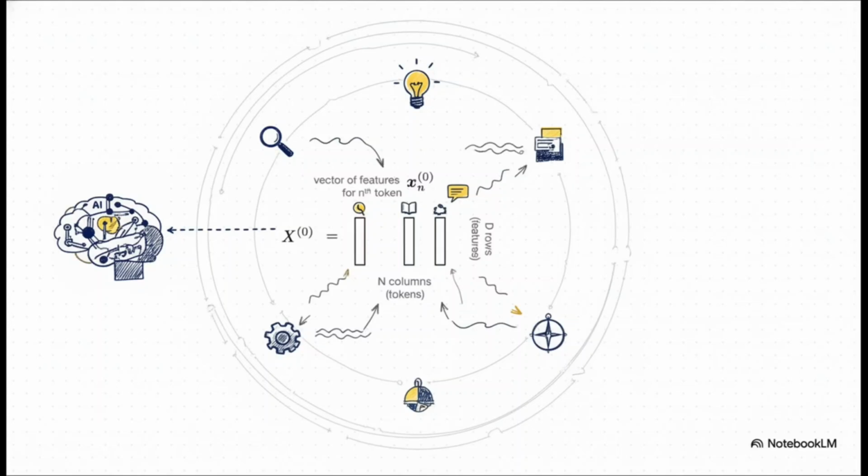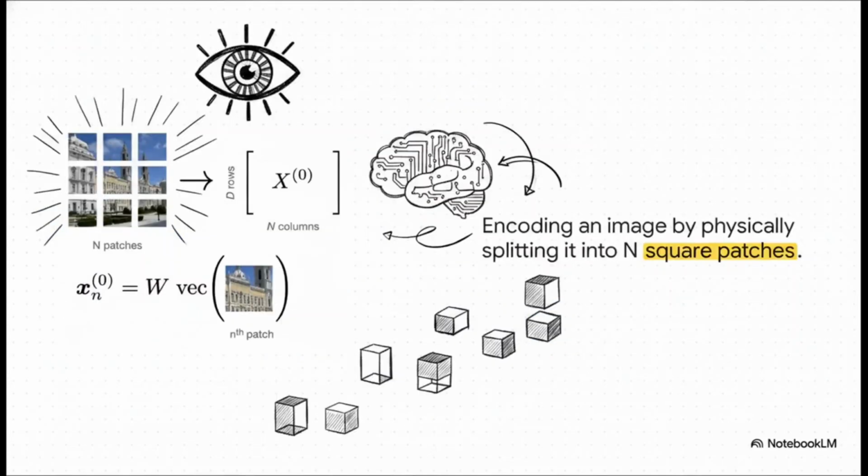It's how the machine essentially maps its knowledge before it even starts processing. It creates the structured foundation for literally everything that comes next. And this isn't just for text either. In the realm of computer vision, a complex visual world, let's say an image of a tall building, is physically split into n square patches. Each of these patches is then mathematically reshaped and encoded into those feature vectors we were just talking about. So the AI is taking a complex, continuous visual world and chunking it down into a sequence of discrete mathematical tokens that it can actually read and process.